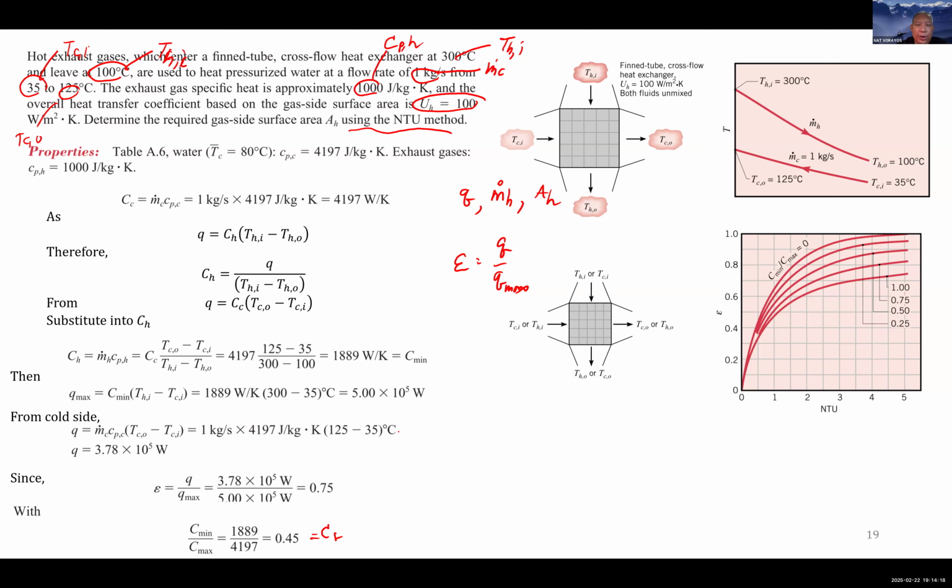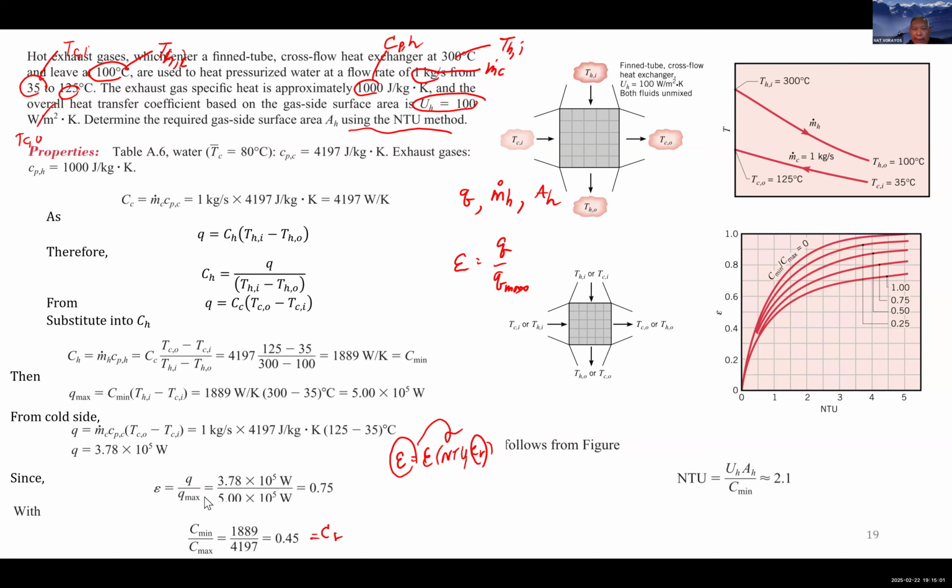Okay, now because epsilon over here is a function of NTU and CR, and now you know the CR and you know the epsilon, you have to find the NTU. So in this case, I go to this plot, providing that I assume it is the cross flow with the fluid on both sides unmixed, meaning each has its own channel to go through. Select this plot